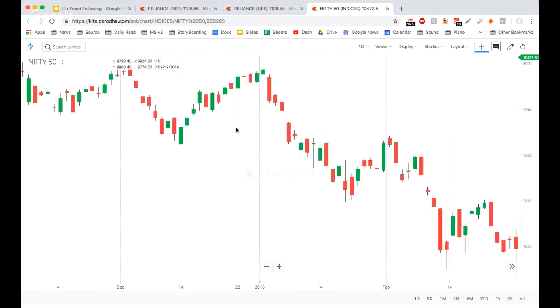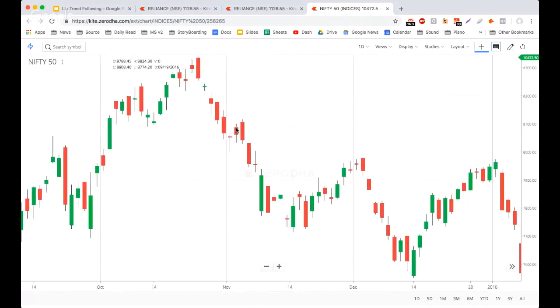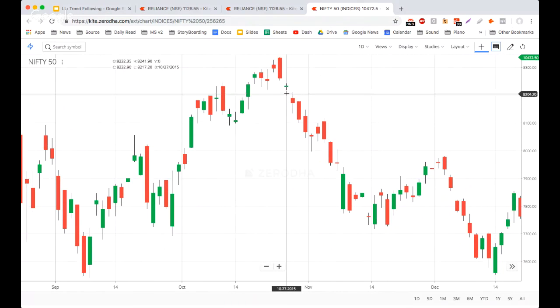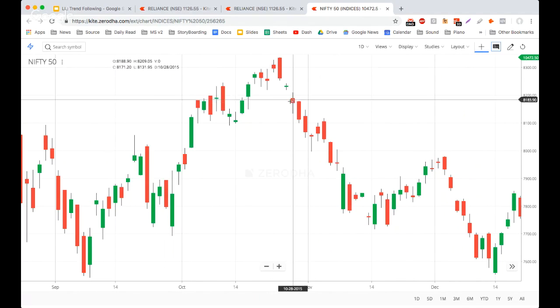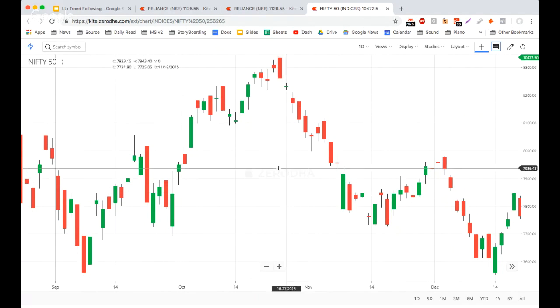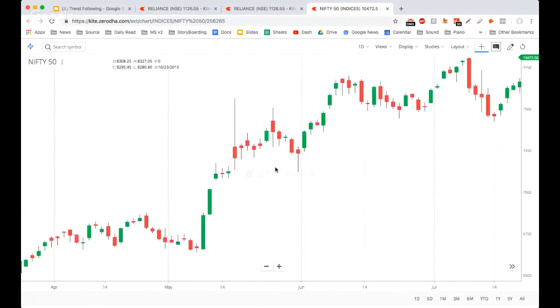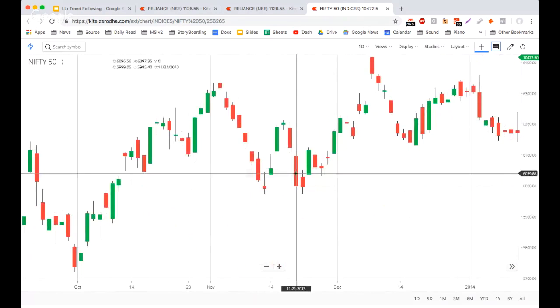I want to show you one more. Again, here, gone up. This is the swing low. We broke it. Probably at this point, you would say, okay, the swing low is broken. And indeed, the downtrend began. So if not a system, at least you can use this to identify uptrends and downtrends. At least that much you can do.